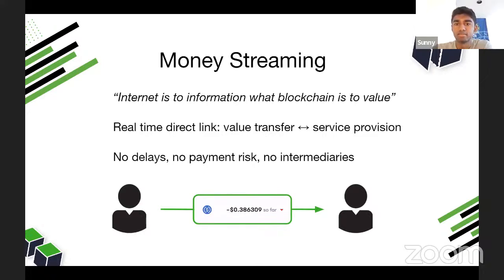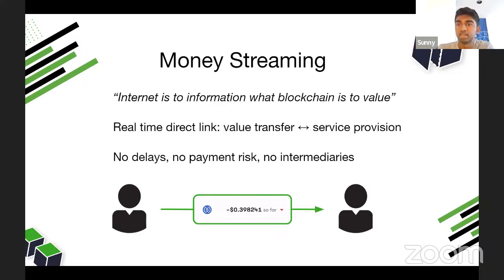And so if we can make service provision and value transfer a more real-time direct link through a constant flow of micropayments, then it can create a more fair way of transacting in terms of recurring and fixed rate